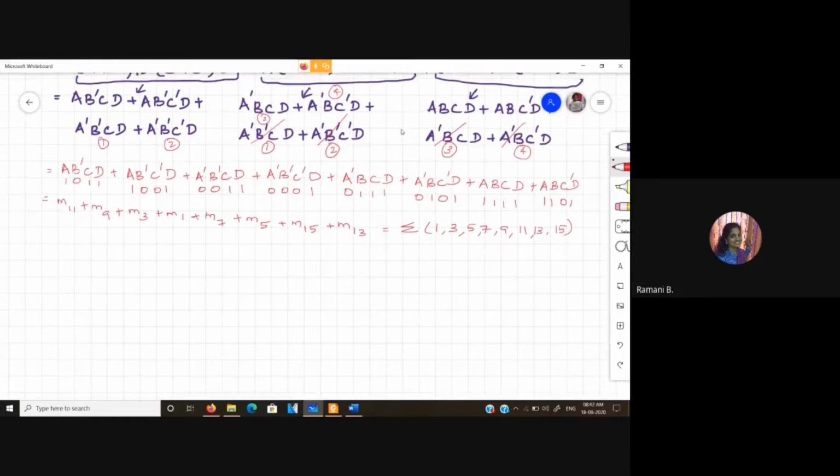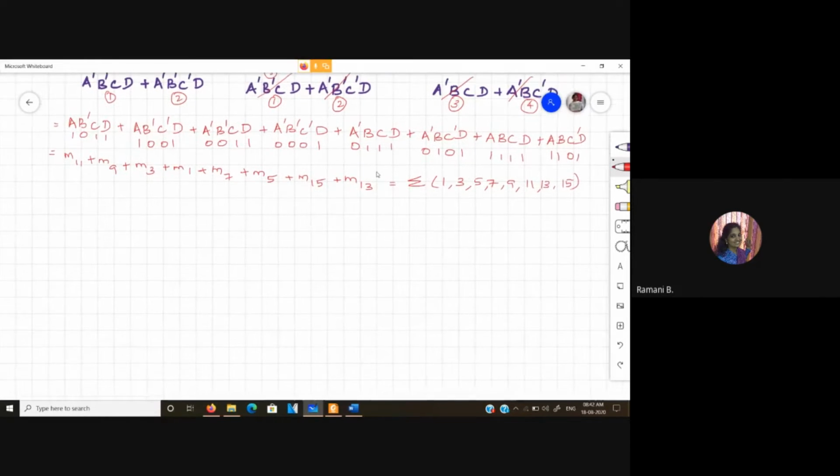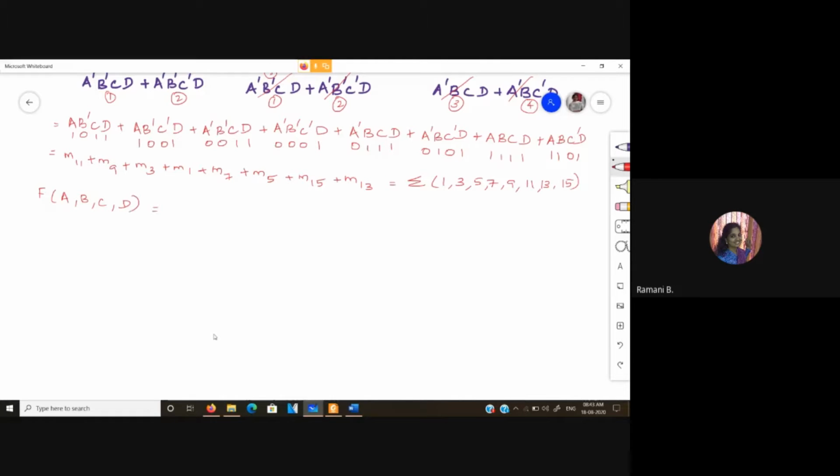Now we shall see how we can convert this into product of max terms. As per the given expression, we have f of a b c d as summation of 1, 3, 5, 7, 9, 11, 13, 15.